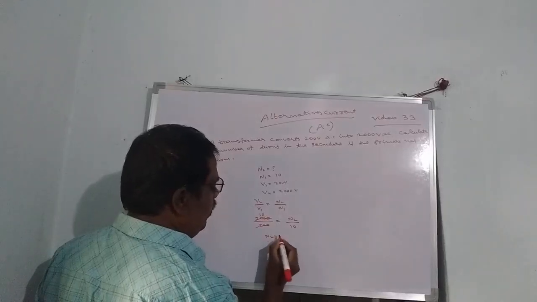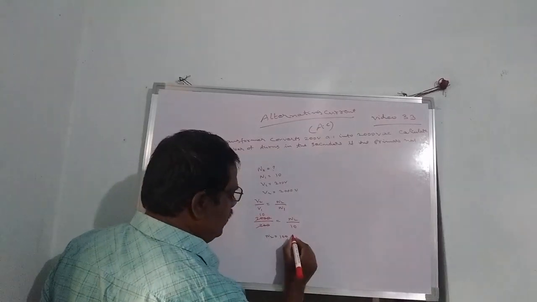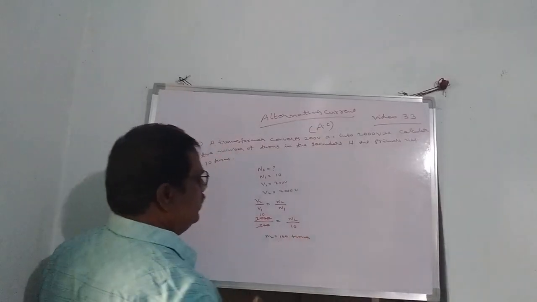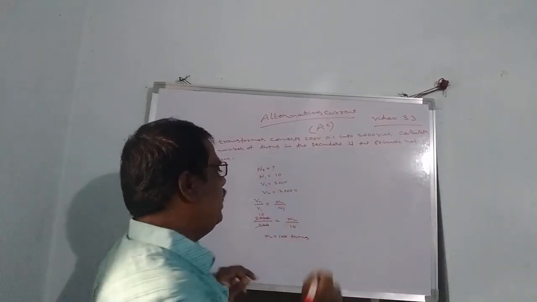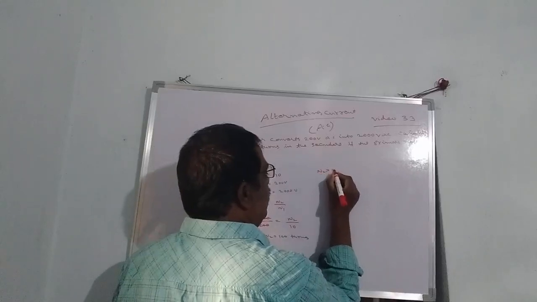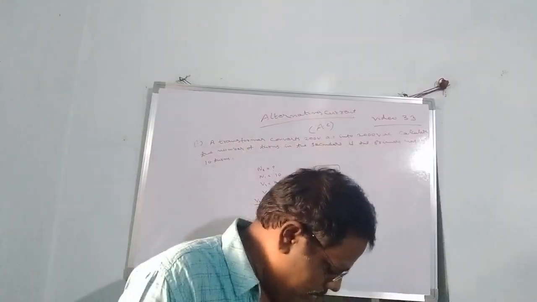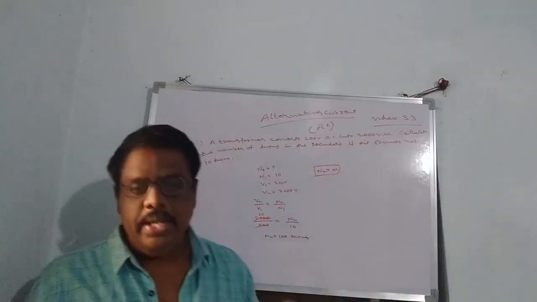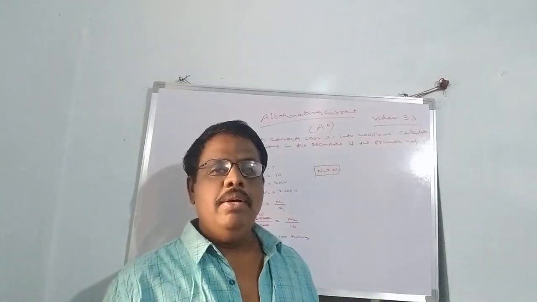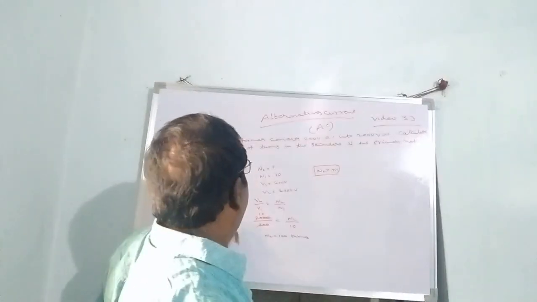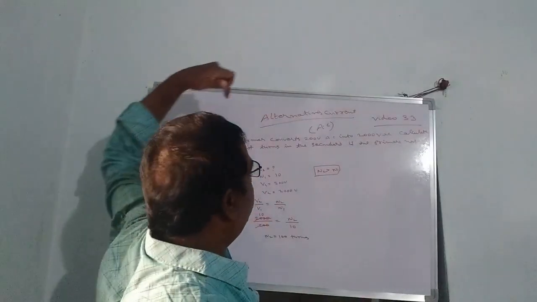Okay, N2 equal to 10 into 10, 100. Therefore the number of turns in the secondary will be 100 turns. Here N2 is 100, N1 is 10. That means N2 is greater than N1, so the given transformer is a step up transformer, because in a step up transformer the number of turns in the secondary will be greater than the number of turns in the primary. So once again, the transformer converts 200 volts AC into 2000 volts AC.